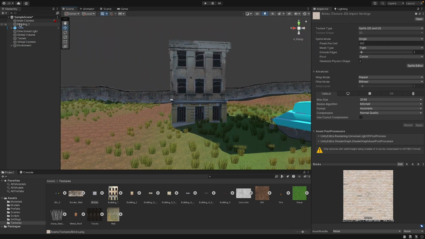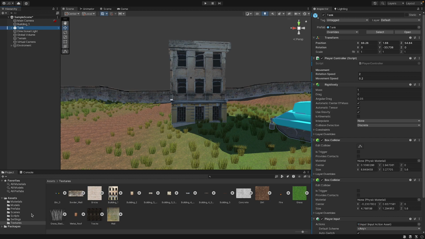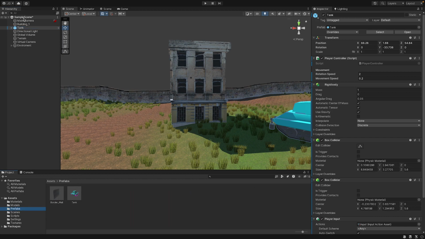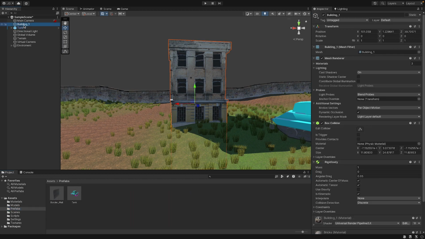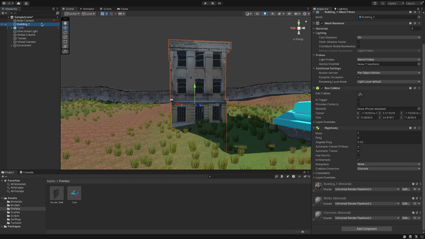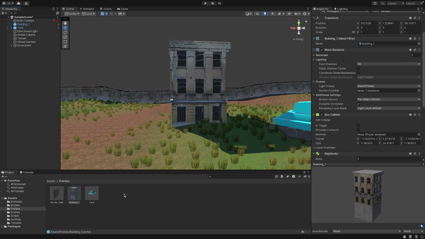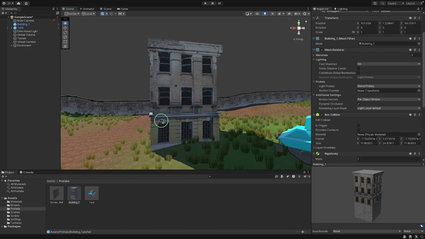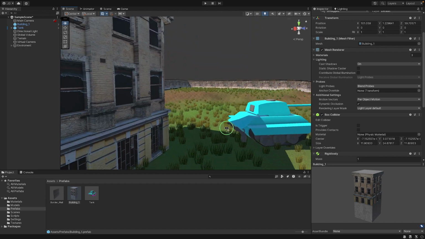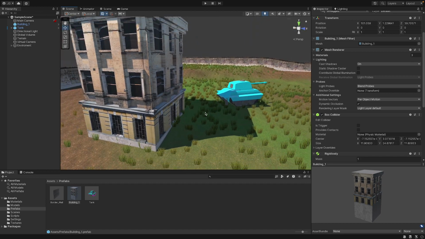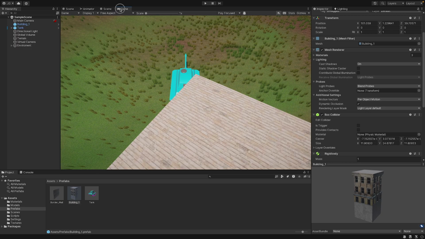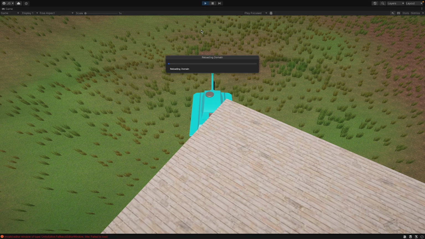But now we have our first building in. If we go to prefabs, we can go to our building. We can drag our building inside the prefabs folder. Now we have building_1. And it looks quite nice in the game. We can save it all, and if we open our game and play it,